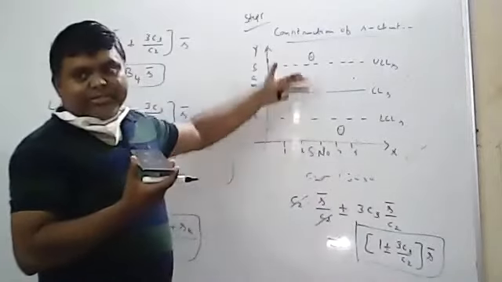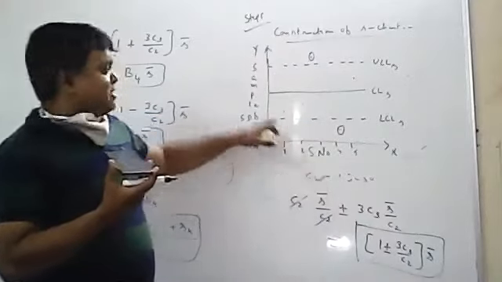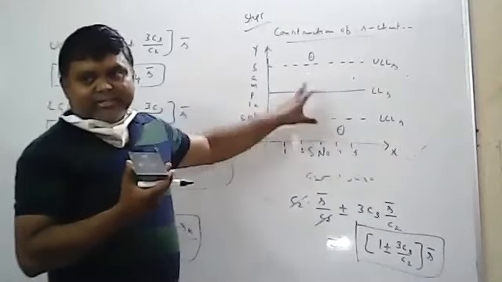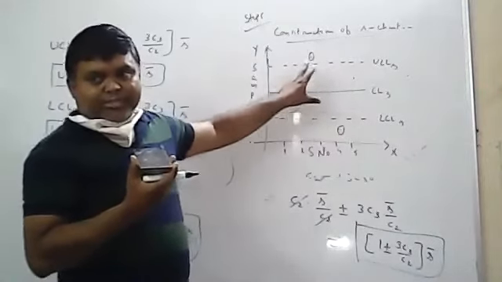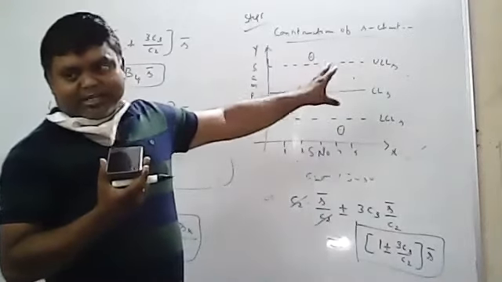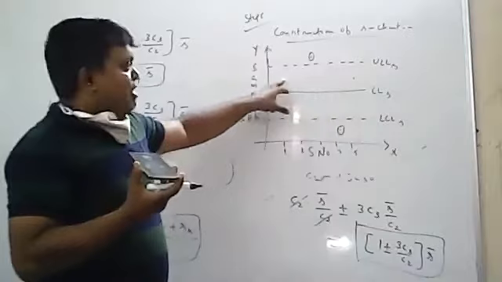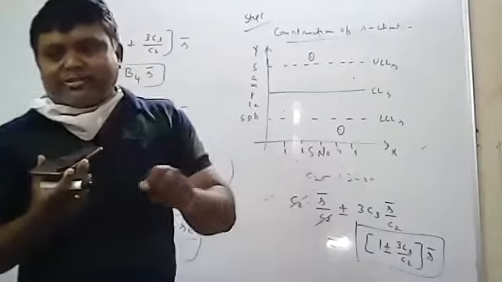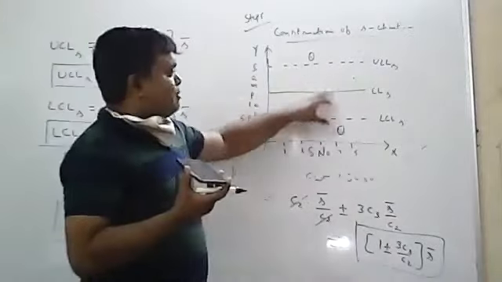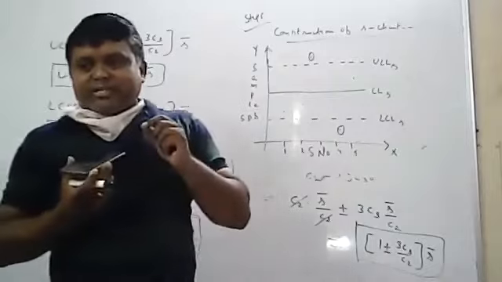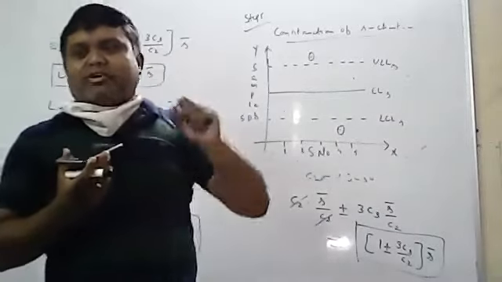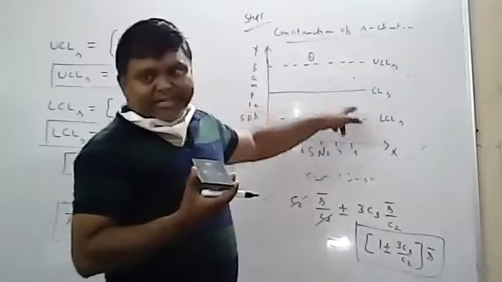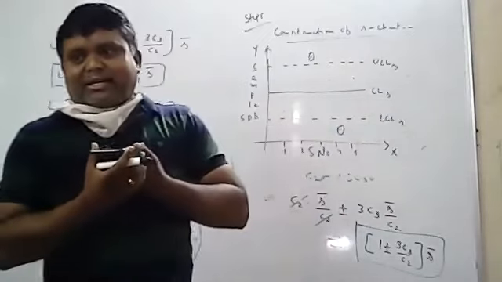Construction means UCL and LCL are dotted horizontal lines, X-axis sample numbers, Y-axis sample standard deviations. For each sample you identify the sample standard deviation like this, then you get the construction of S chart. Then, seeing the control chart, you have to give the conclusion or interpretation or analysis. If all the sample points fall within the control limits, you say the process is in control. You don't require any action; you can continue with the process. Suppose any one sample point falls outside the control limits, that means you are producing a defective item because of assignable causes. So stop the process first, remove the defective items, then you can start the process again. So these are the 6 steps that are there in